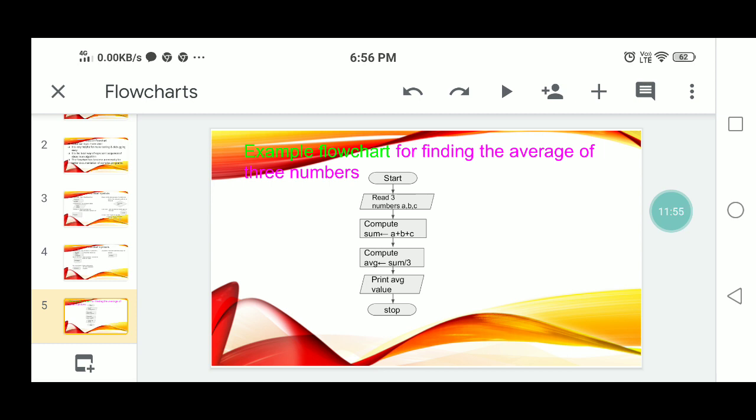Finally, end the flowchart with the oval shape symbol, stop.